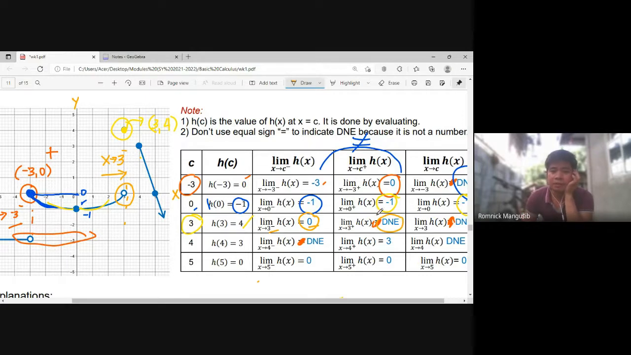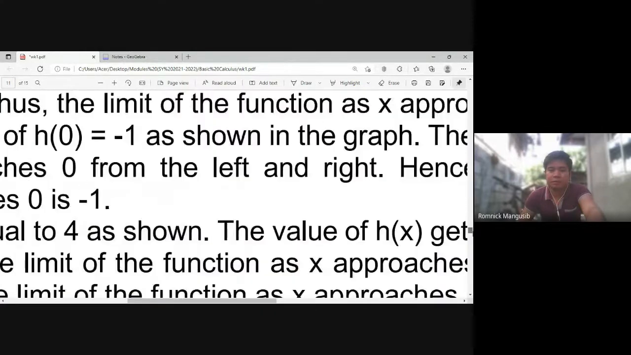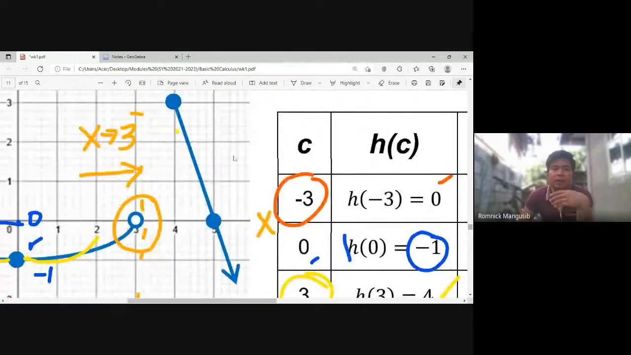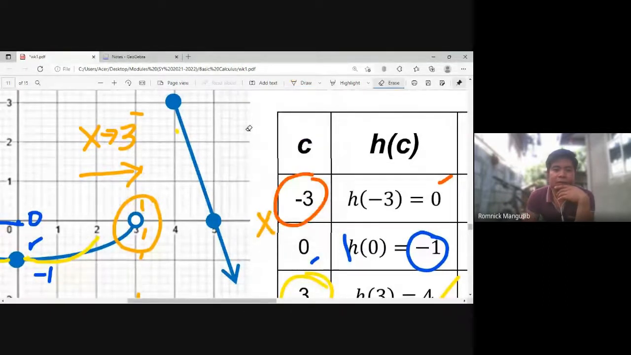Ang sabi kasi dito, when you are approaching 3 from the right, what happens to h of x? It is DNE. And why is it? It is DNE. Tingnan niyo mabuti ang graph. Oh, ayan. The graph clearly illustrates to you